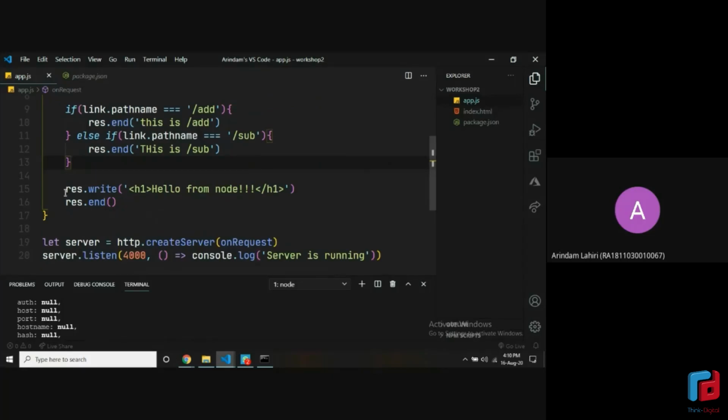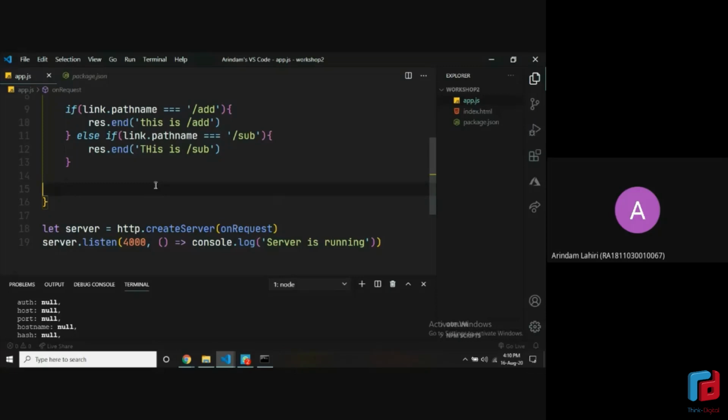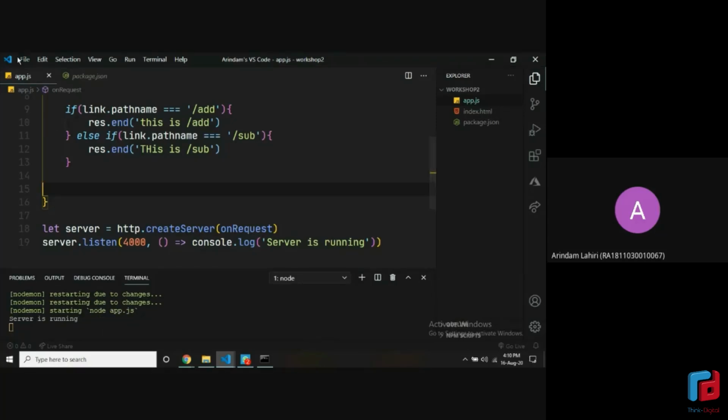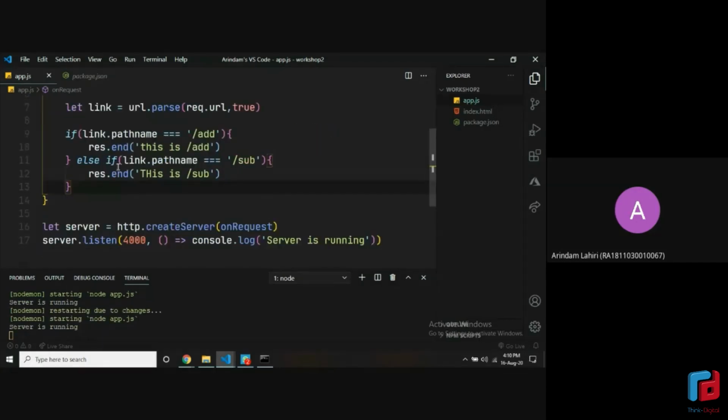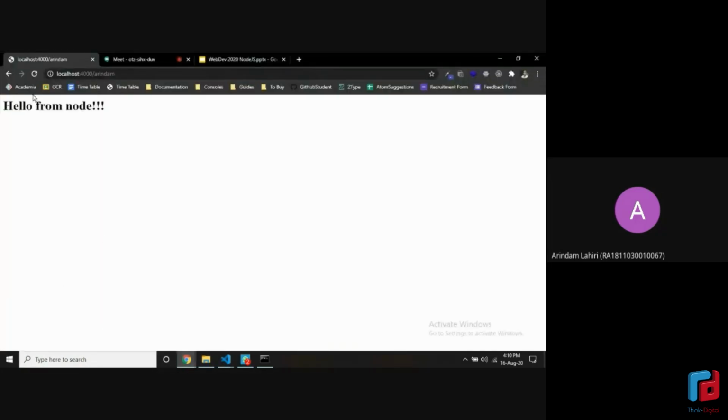Now we can just remove this because we don't need these, and the server will be restarted again, I hope. Yes, it's running. And also if you have nodemon running and also autosave on, while you're typing out the code, there'll be several errors that pop up on the console because it will just keep on restarting on every file change. So sometimes when you have incomplete code, it will throw up an error, but don't worry about it. Whenever you have the complete code, it won't matter that much.